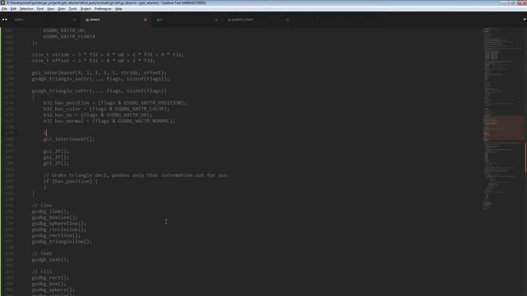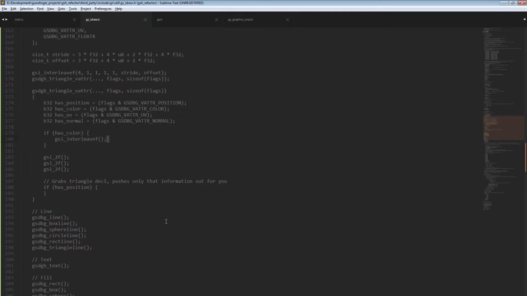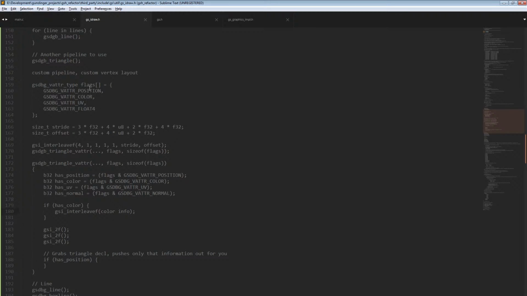So let's say if has color, then we'll interleave color info. But also this has to,